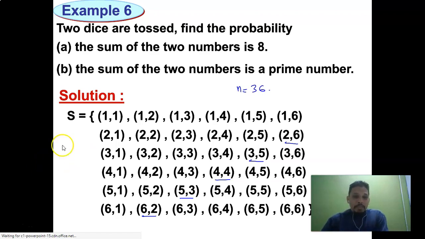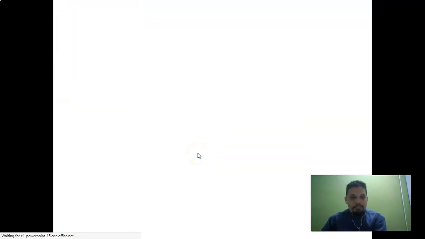Okay, so now let's see the first one here. The sum of two numbers is 8. Sum of two numbers